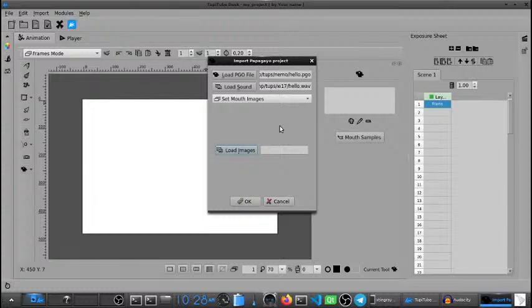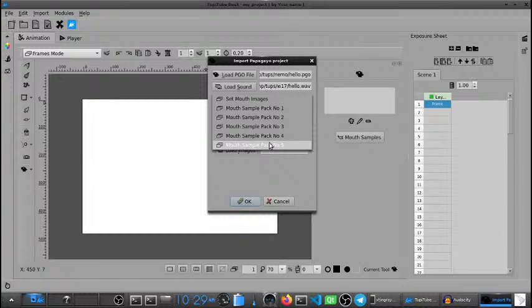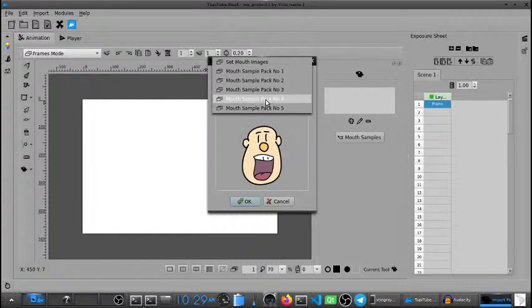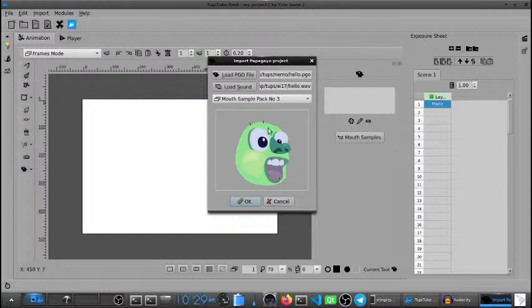Okay, for this example, because we need to work fast, I'm going to use one of the examples included in TupiTube. So let's use this one, which kind of looks like the head of a worm. I'm not sure, but whatever. Let's use this one. Okay,